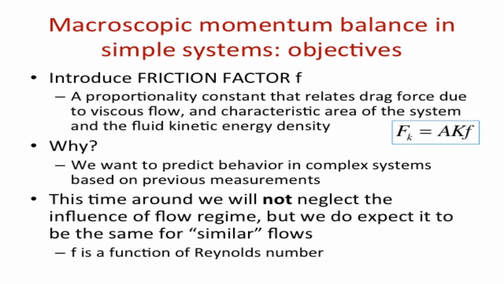So essentially, it's just one lens of it, and we will use our analytical models as guidance of what that fit should be, but ultimately we will adjust things to very realistic measurements where I don't have analytical solutions. So again, we will not neglect the influence of the flow regime, but we do expect some or great dependence